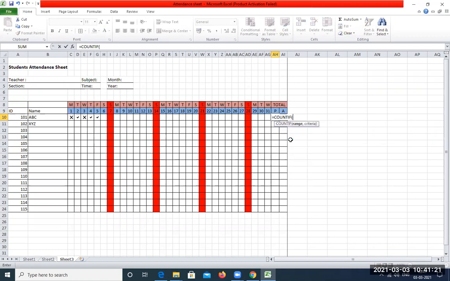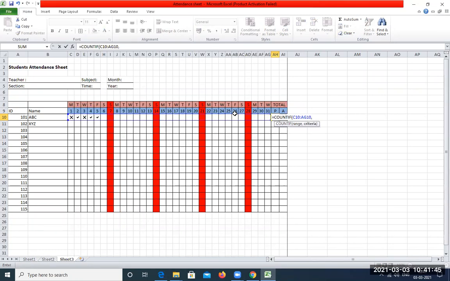This is the formula, COUNTIF. So here we need to select the range in which we need to count the present days. So we are going to select the range from 1st till the 31st, and only in the 10th row. Here you can see only the 10th row is selected. So this is the range.